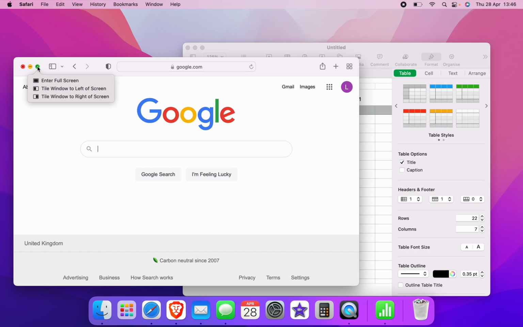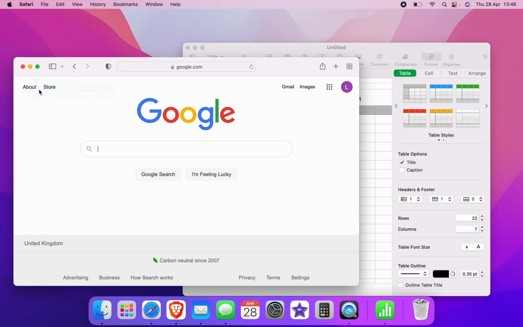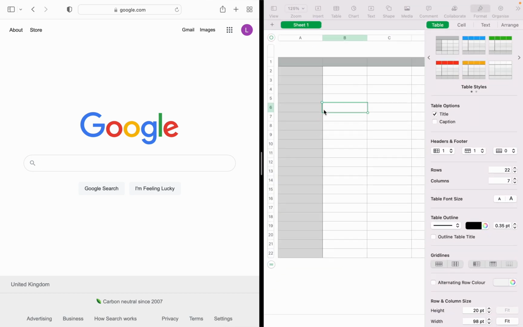hover over the green circle, which will then bring up some options. Then you want to tile window to the left side, and you want to come over to the right hand side, and as you can see, the Apple Numbers is highlighted blue, and you want to click anywhere where it's highlighted blue. This will then split the Apple Numbers to the right hand side, and you will have successfully split